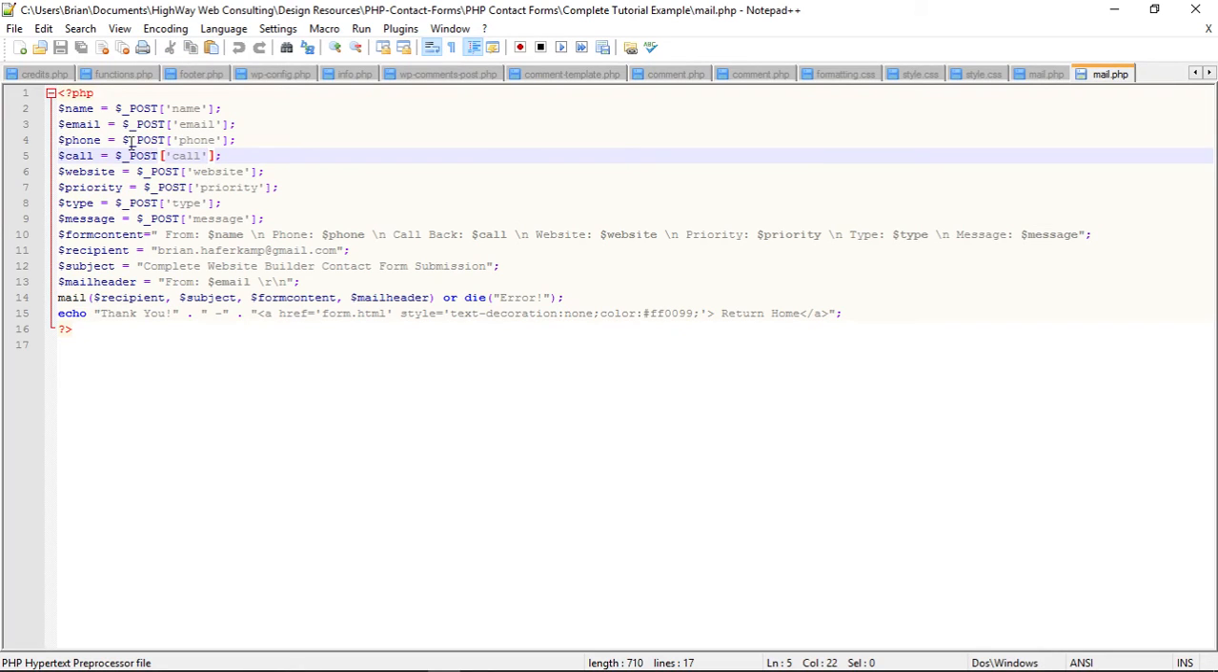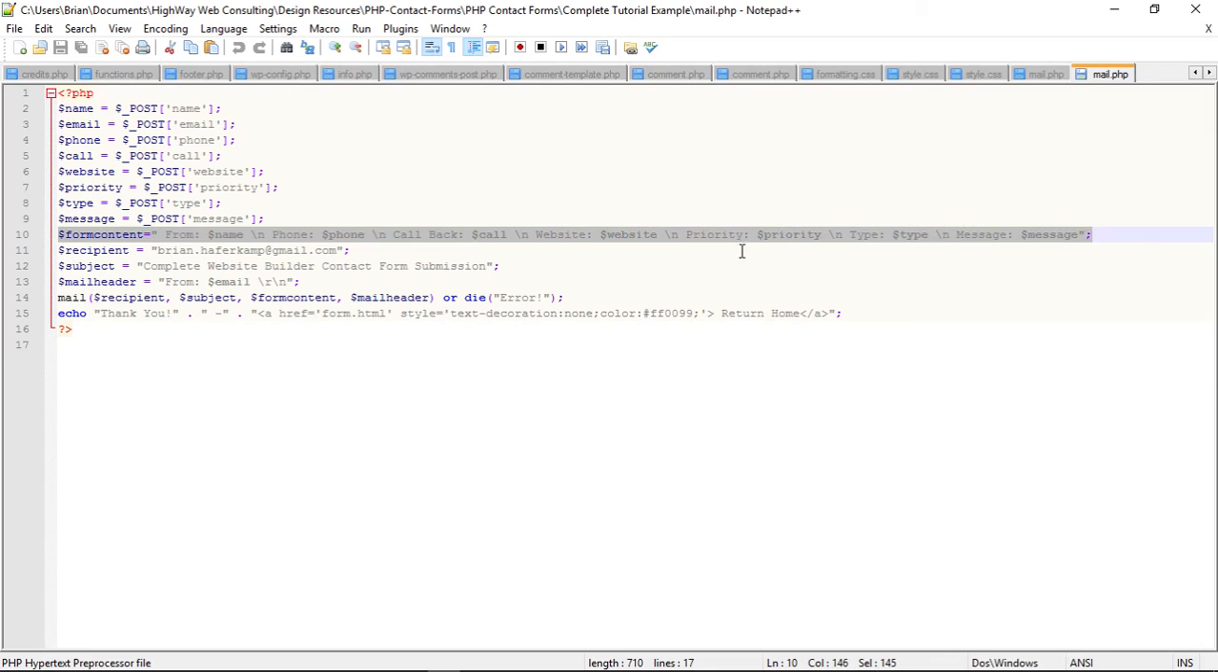So we're saying create a variable that holds the information that's been posted to this form from the input named phone, and you're going to call that variable phone. You're going to call that variable email, and then down here in the form content, we're actually going to call back